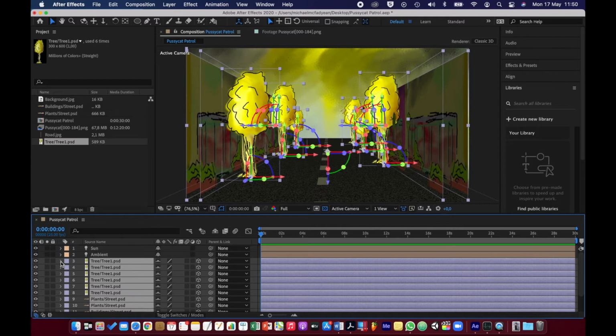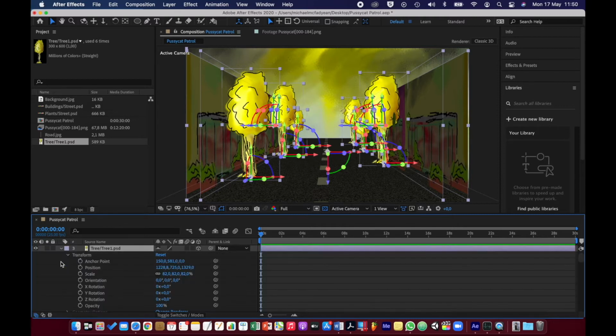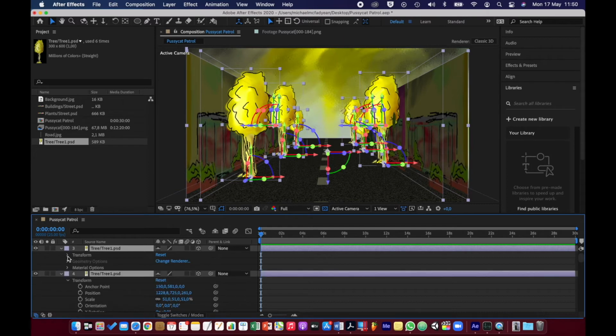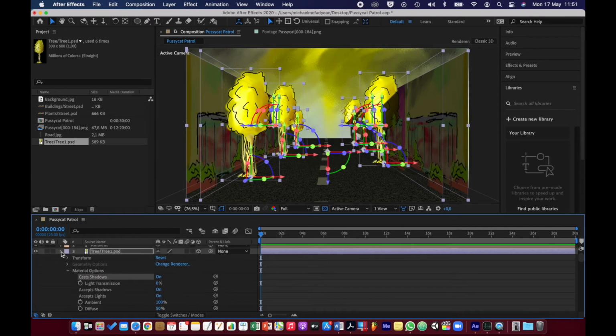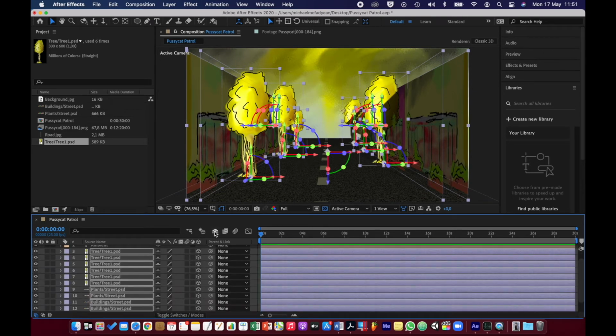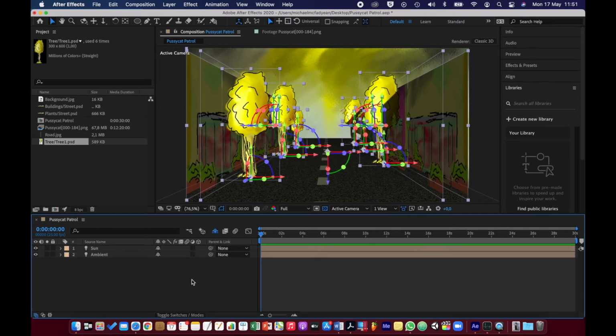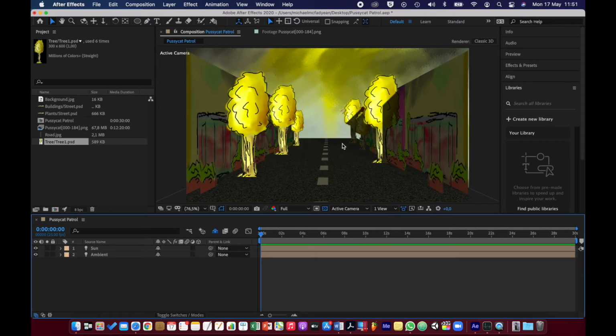So I'm just going to open up one layer here, and you'll see that I have here material options because it's a 3D layer, and you'll see cast shadows is off. Just going to click on the word off to turn that on, and now I can close up that layer. I can click the make shy master switch again. Alright, so now you can see it's clearly casting shadows, but what we want to do is we want to